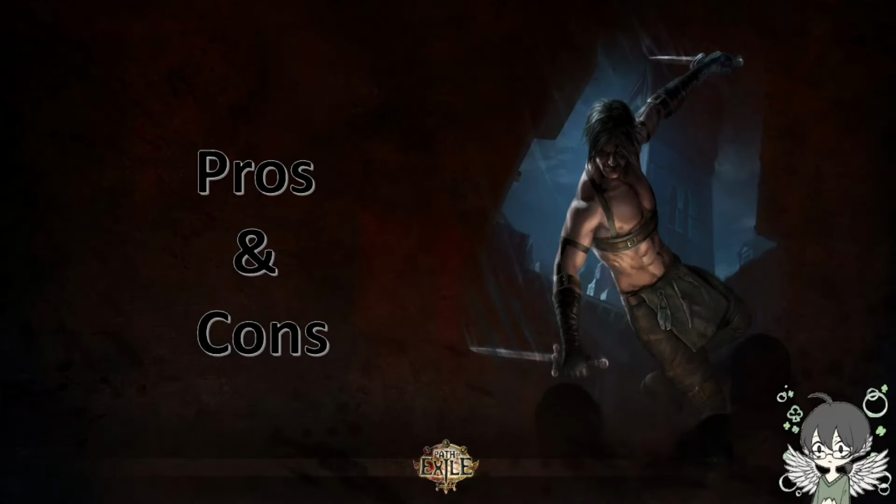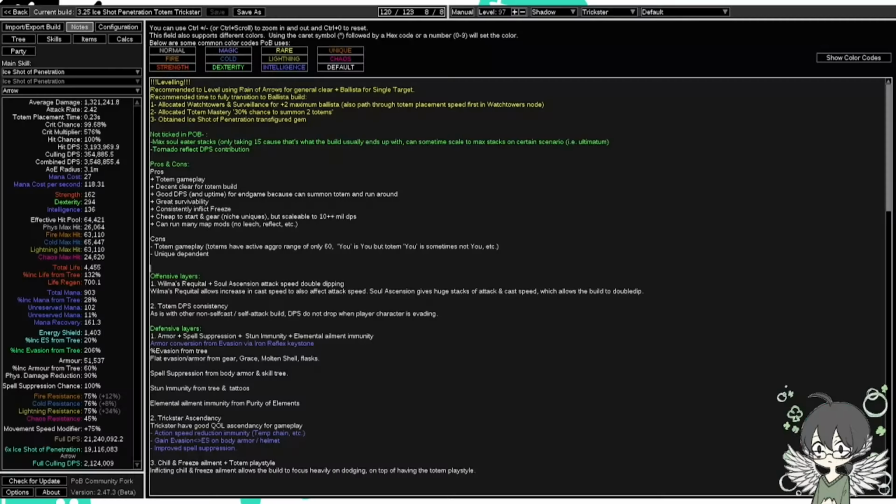Okay, first up is the pros and cons of the build, and as usual, I'm just going to read off the notes inside my POB that I already wrote, but just to maybe elaborate it even further for you guys. Okay, first up, Totem gameplay. So basically,